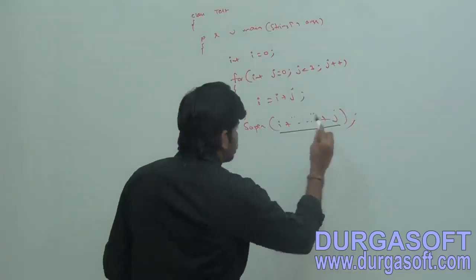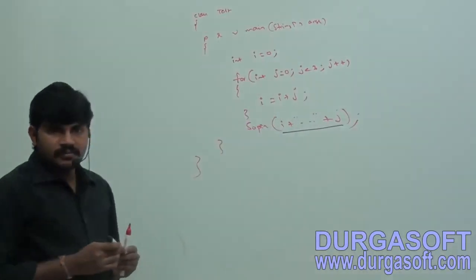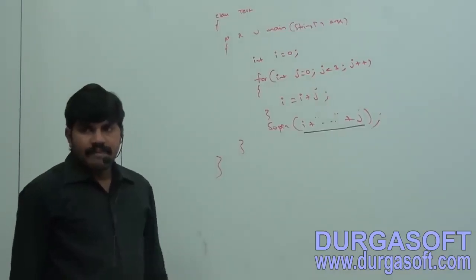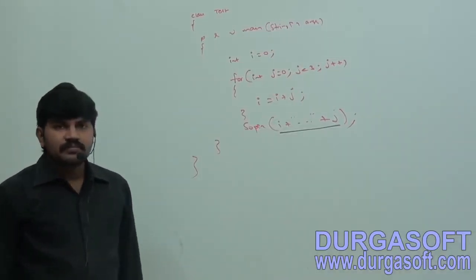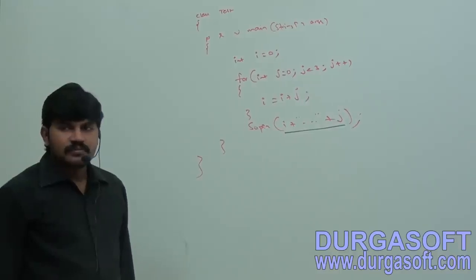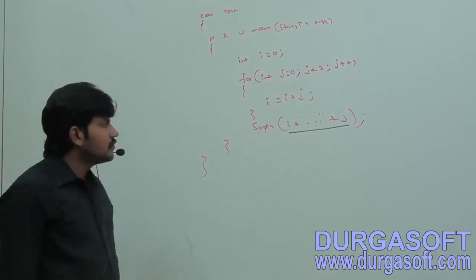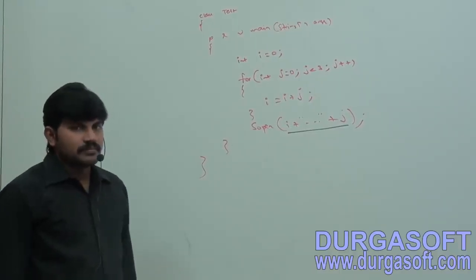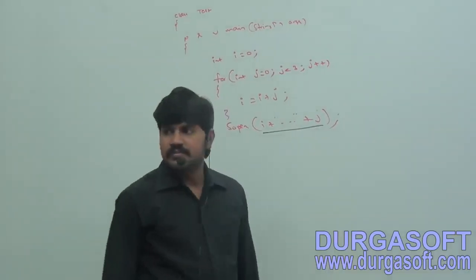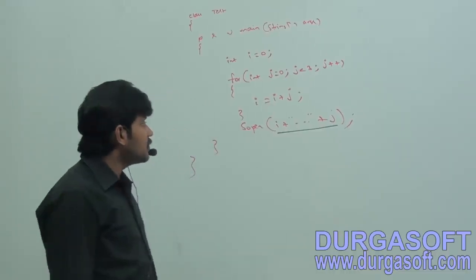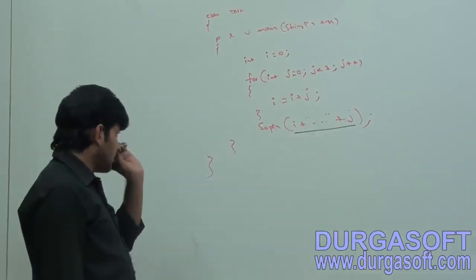What is the j value? Yes, boss. i value is 3, j value is,